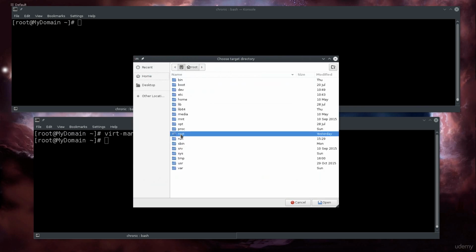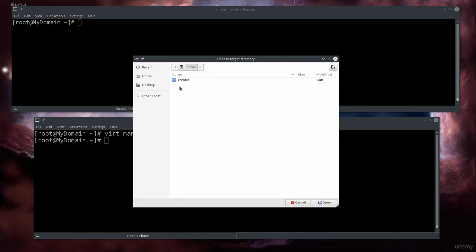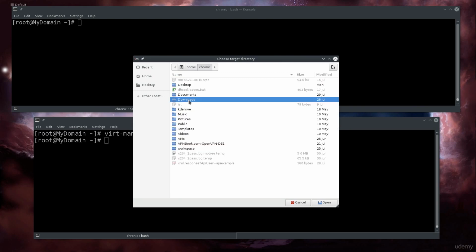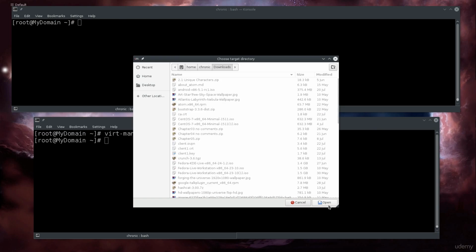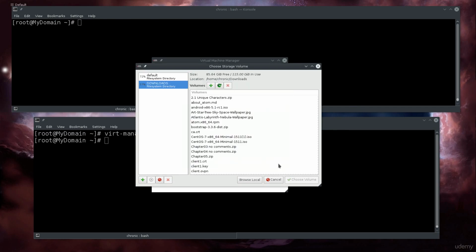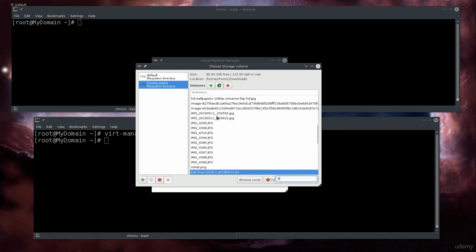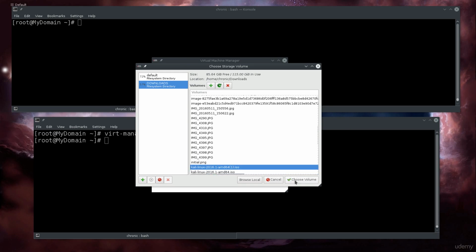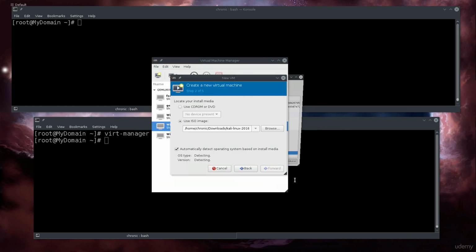You have to go back because we're in root at the moment. So you have to go into home, your current user, and then downloads, and then just go ahead and click open. So home, chronic, that's the user, and then downloads. Just go ahead and click on finish. And there you go. It's called downloads, and you have everything that you have in the downloads folder here. So let's go ahead and select our image that we have downloaded from the net. As you can see, I've actually downloaded it several times. I really don't know why. Choose volume,